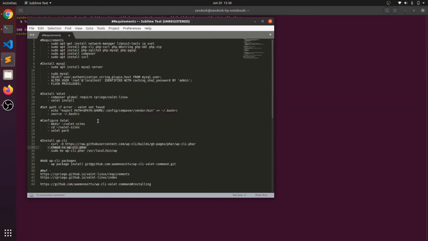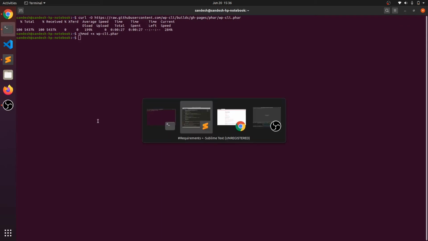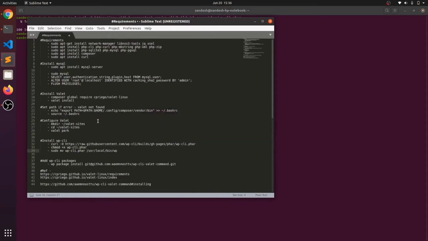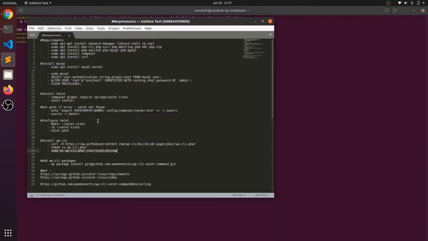Let's make the file executable with chmod. Now move that file to our bin directory, so it will work as the wp command. Yes, that's it. Now our WP-CLI is installed.